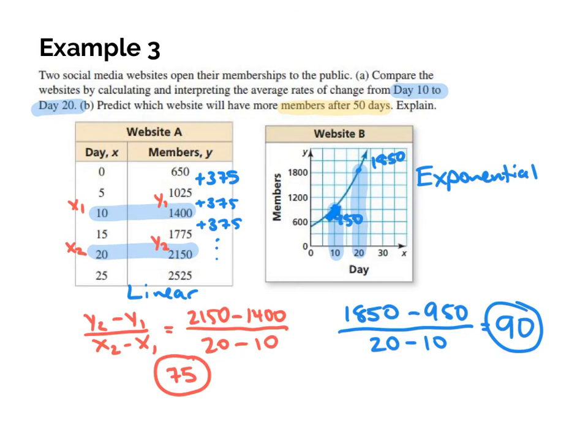But for an exponential function, remember that it grows, and that as it goes further and further on, it's going to grow faster and faster and faster. So we can already see that website B is gaining more members every single day, and because it's exponential, meaning it's going to grow at a faster rate, I know right away that website B should have more people after 50 days. Heck, right now at about 25 days, they're pretty close to where they're at now, and we can already see that this thing is going to start to grow at a more rapid rate. So again,